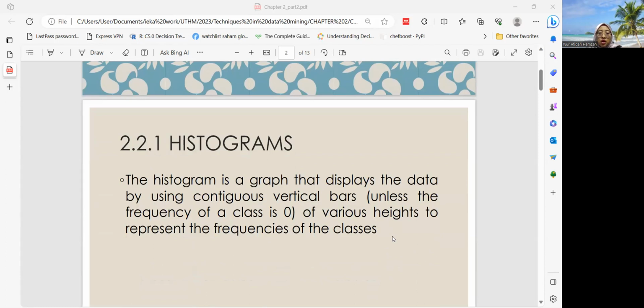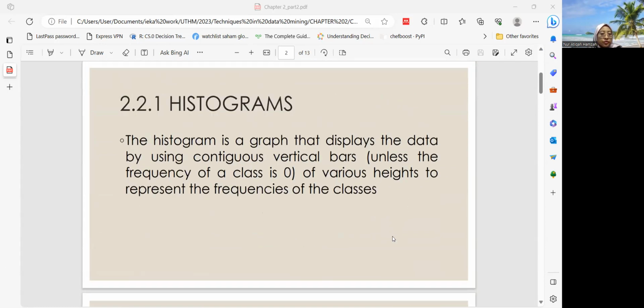Okay, so the first thing that you have to know, the first part is histogram. So what is histogram? Histogram is a graph that displays the data by using contiguous vertical bars, unless the frequency of a class is zero, of various heights to represent the frequency of the classes. Kalau histogram ni memang kita tahulah bentuknya dalam bentuk bar. Dan bila kita nak bina histogram ni, kita akan guna